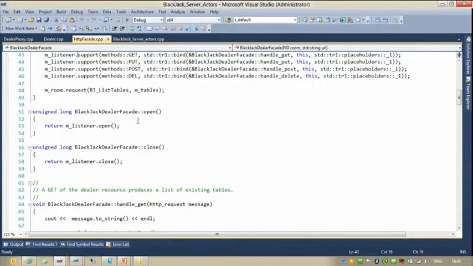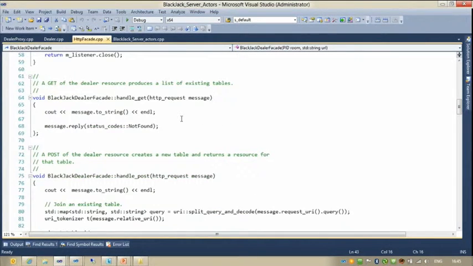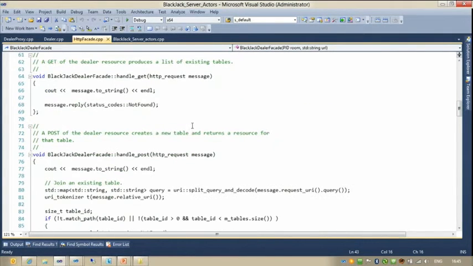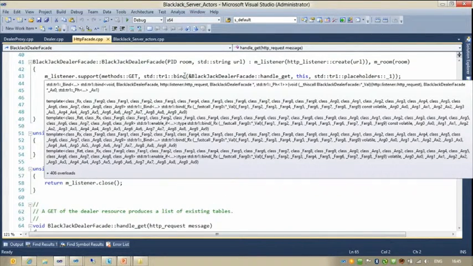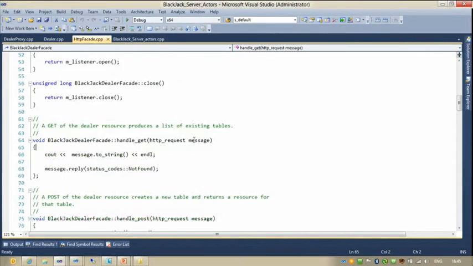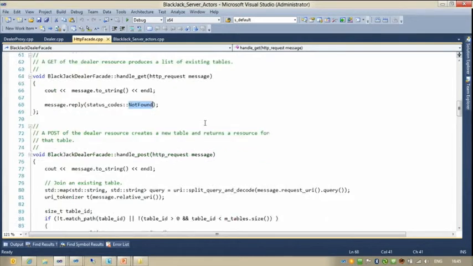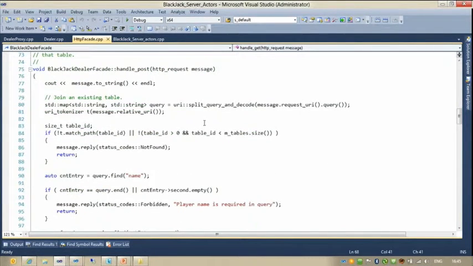We then take a look at what the various implementations do. In this case, we're not handling get yet. We put support in for it because we anticipate that we will handle it. But right now, we're just going to say not found. It's probably not the right status code here, but that's a different issue.